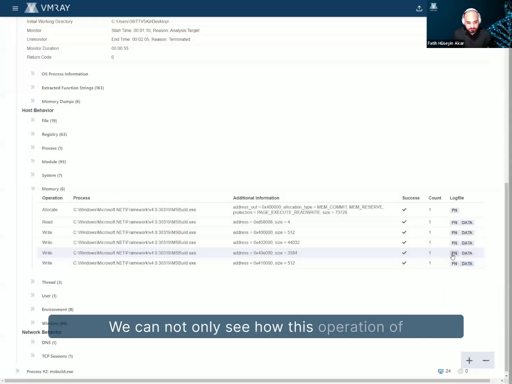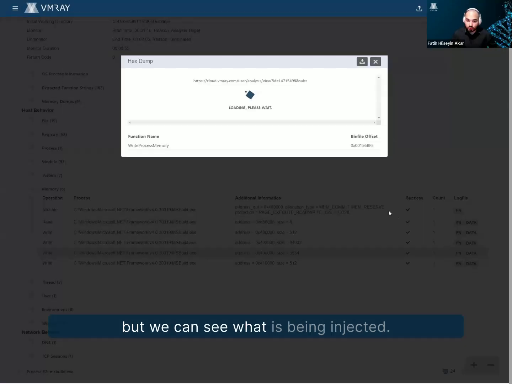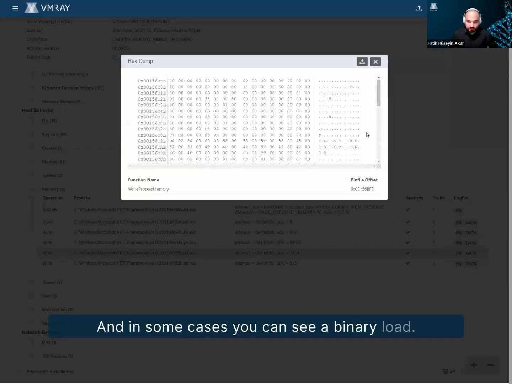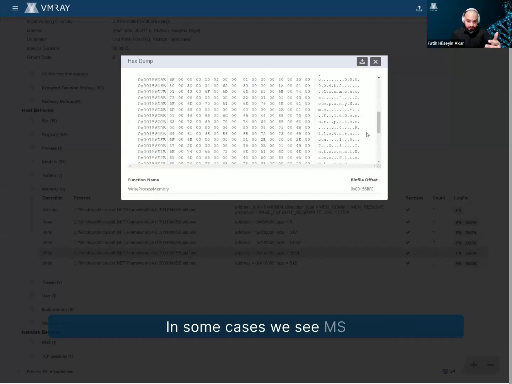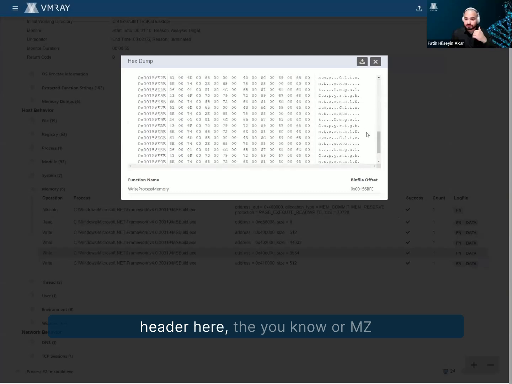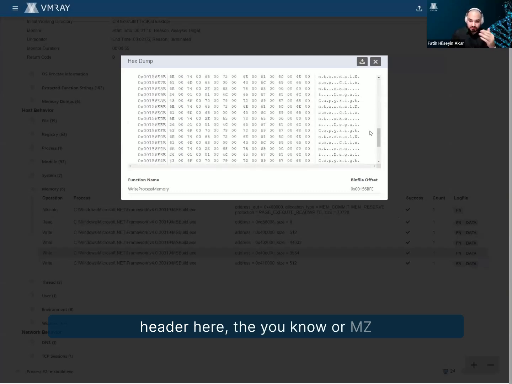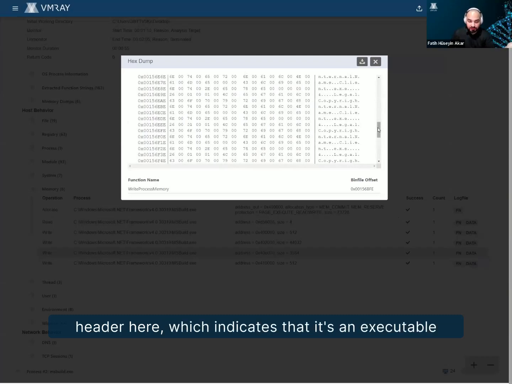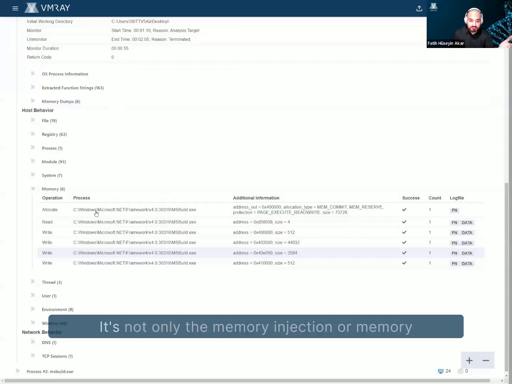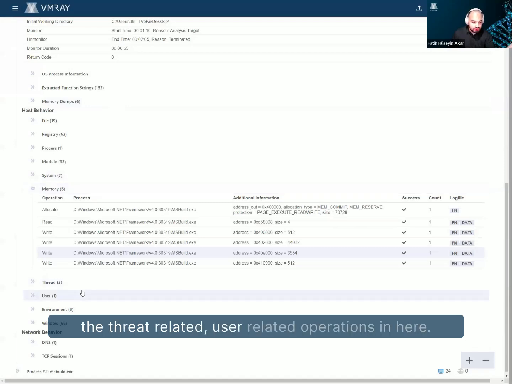We can not only see how this operation of malware injection, memory injection is being done, but we can see what is being injected. And in some cases, you can see a binary load. In some cases, we see the MS-DOS header here, or the MZ header here, which indicates that it's an executable file that's being injected into another process, right? So in those cases, this view is really valuable, and you can download all of the file and do further analysis on it. It's not only the memory injection or memory-related operations we can see; the thread-related, user-related operations